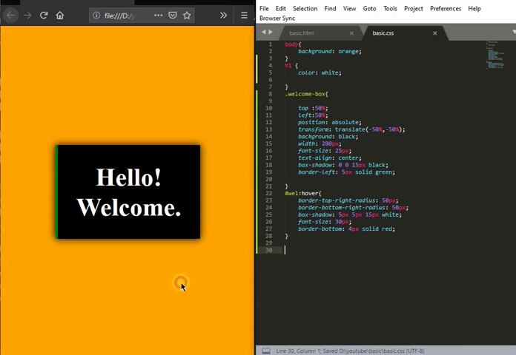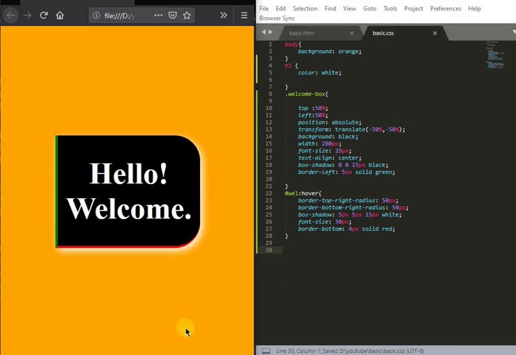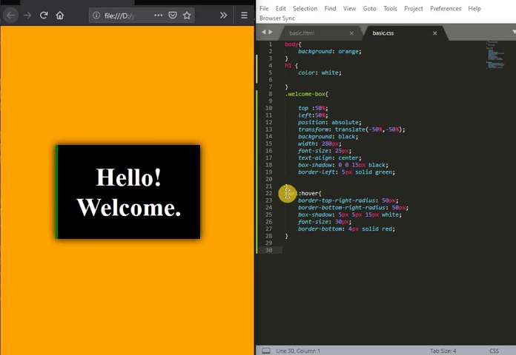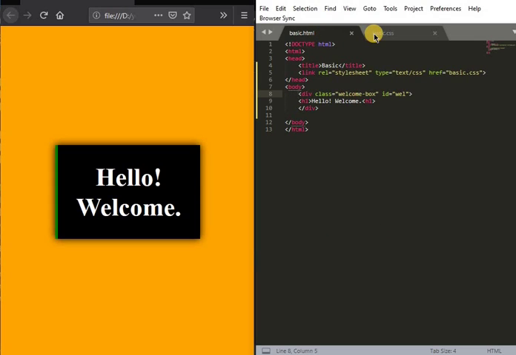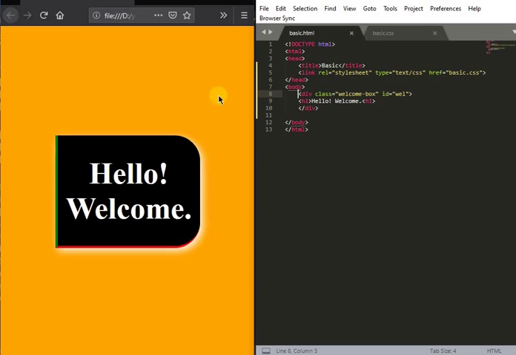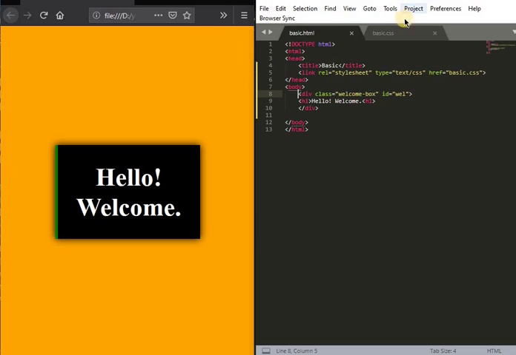So now let's see that. It does the same thing, but now we have used id. Here we have used the class. So this is the basics of HTML and CSS. In the coming videos we will be going into more depth, including the inputs, including the background image and background color and everything.